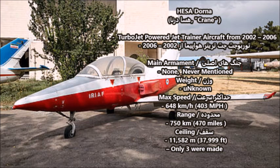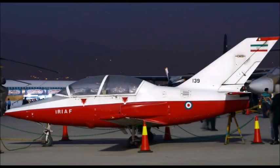Now, the aircraft project was developed between the year 2002 and 2006, and the first working model was unveiled in the same year of 2006 and was later tested in 2007. But sadly, there was actually an accident with this plane in which the test pilot was killed, and that temporarily delayed production for about a year. But since about 2008, there have been at least 3 to 4 of these that have been manufactured by the